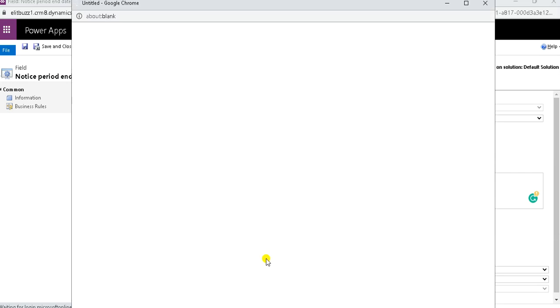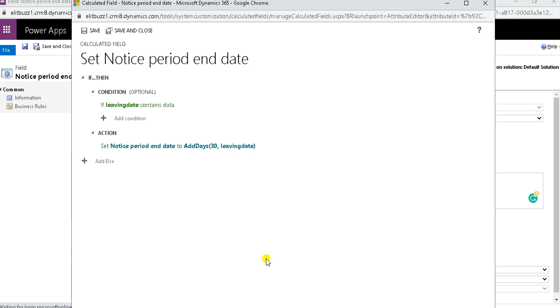So in the calculated field type, here we get to set some conditions as well as some actions. Like this, I have selected if leaving date contains data.